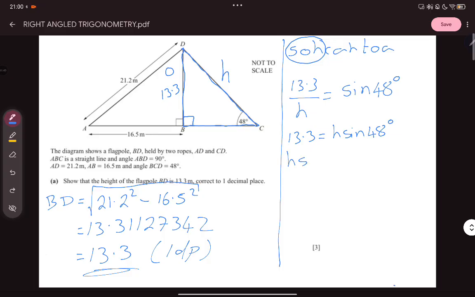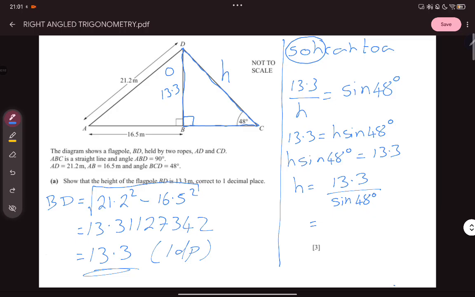So H times sine 48 degrees is equal to 13.3. Remembering that sine 48 degrees is just some number, so now divide by sine 48 degrees on both sides. So 13.3 divide by sine 48